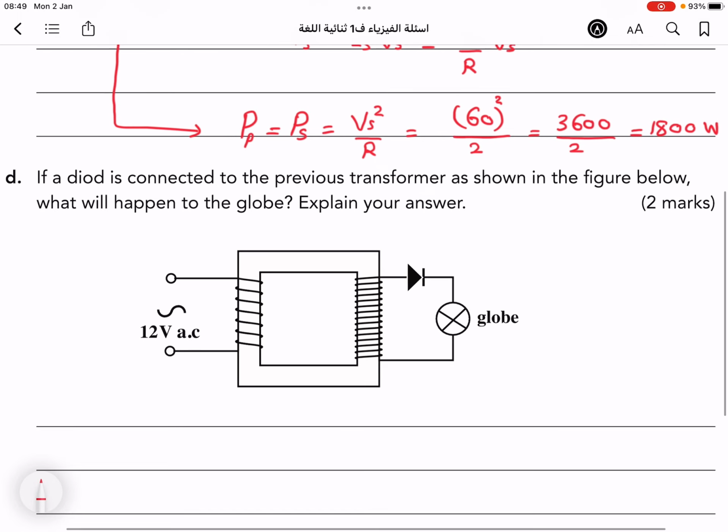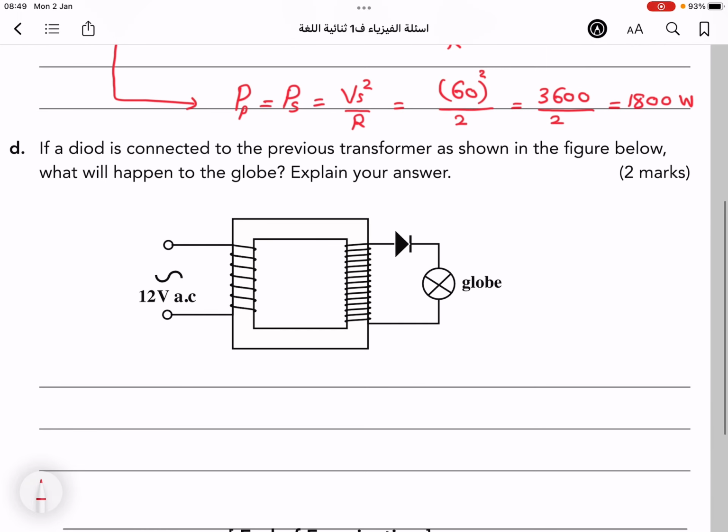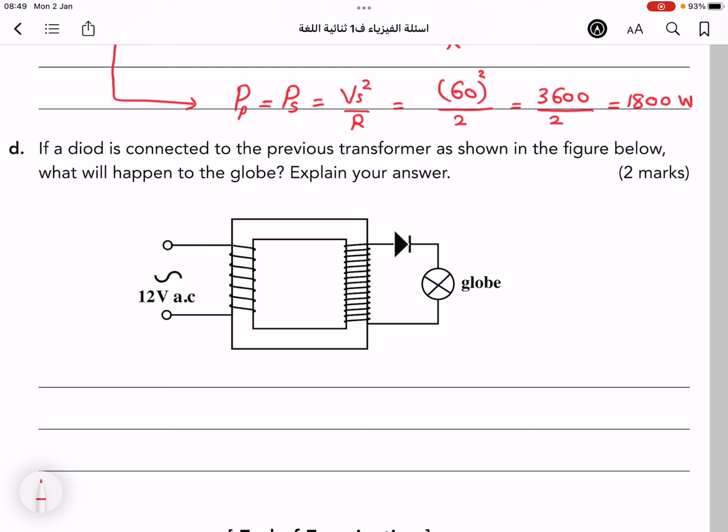Last part in this question, part D. If a diode is connected to the previous transformer as shown in the figure below, what will happen to the globe? Explain your answer. So by putting a diode in the circuit of the secondary coil, it will become a circuit of a half wave rectifier,